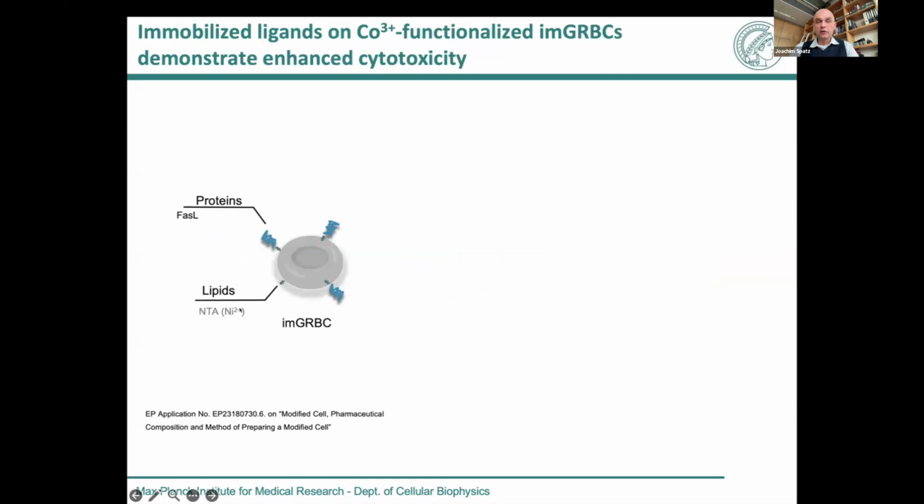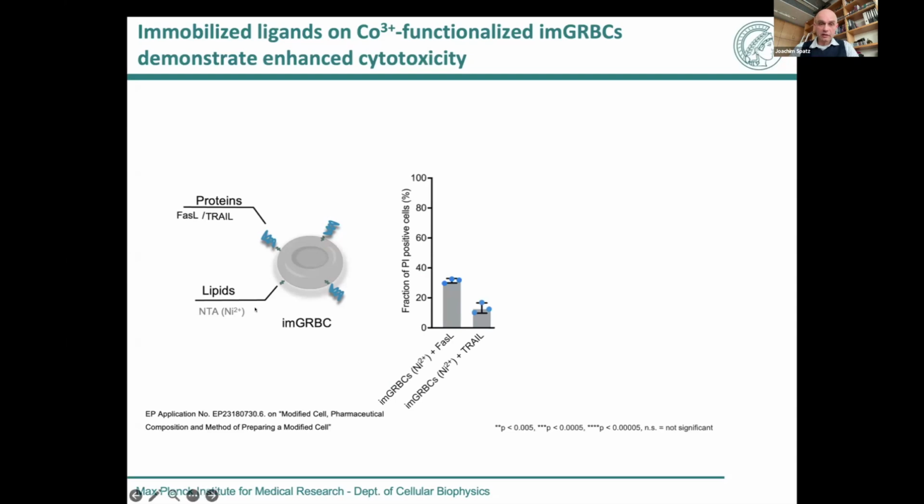Now, to show you the importance of operating with cobalt 3+ instead of nickel 2+, we immobilized FAS ligands or TRAIL ligands, which are these proteins which are killing cells, introducing the apoptosis signal. And if we do this in a petri dish and include nickel 2+ with FAS ligands or TRAIL, you see a response. So you see here that a fraction of the cells are going into apoptosis, but a larger part is not really going into apoptosis. And this is because most of these ligands, even in the petri dish, are lost from the surface because of counter